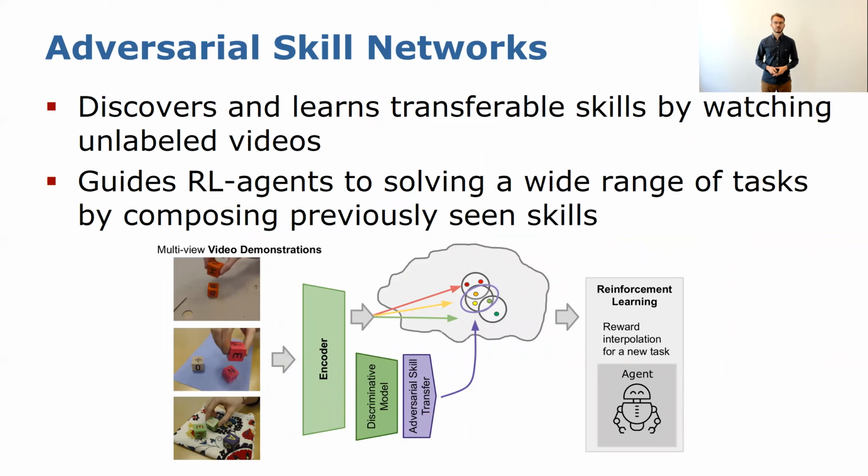As a step in this direction, we propose a novel approach, which we name adversarial skill networks, that aims to learn a task-agnostic skill embedding space from unlabeled multi-view videos. The main idea is to try to discover and extract skills from unlabeled videos that depict some unknown tasks by reasoning over the temporal coherence of the videos and represent them in a task or domain-agnostic fashion in a latent skill embedding space. The distances in the skill embedding space can then be used as a reward signal to guide an RL agent to solve novel tasks from a single video demonstration by reusing previously seen skills.